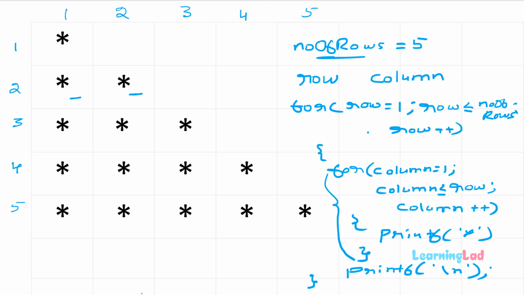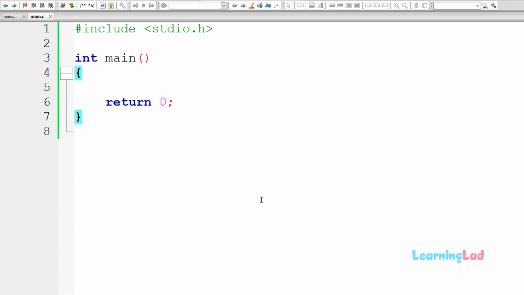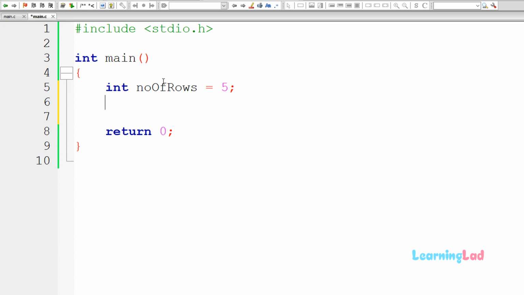So now let's see how we can write the program, and once we write and execute the program, then also I'll explain how things will work. Now I have opened up the CodeBlocks IDE, and here I have already declared the main function, and the first thing that we need to write is we need to declare the variables. So the variables that we're gonna need are number of rows. And for now, I'm gonna initialize this with a value of 5,